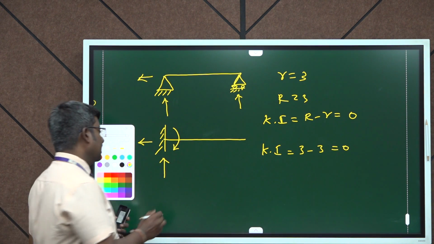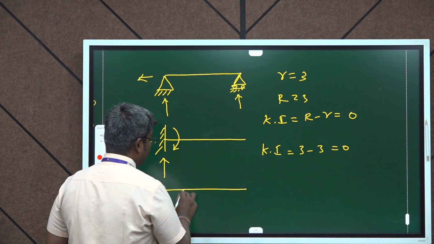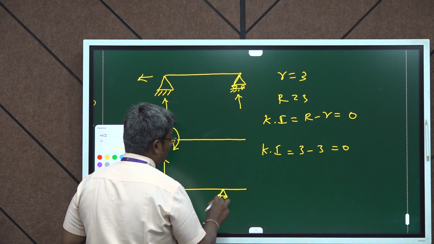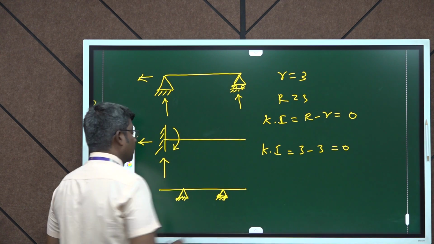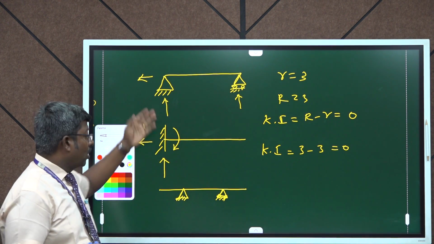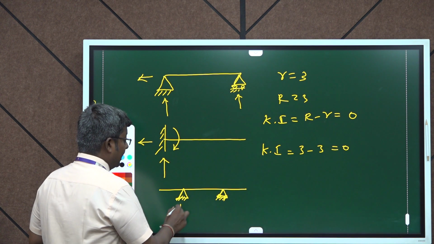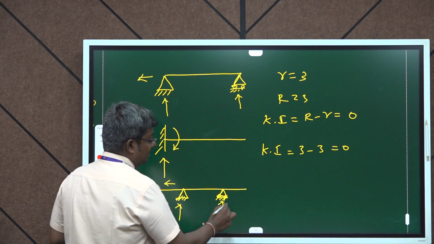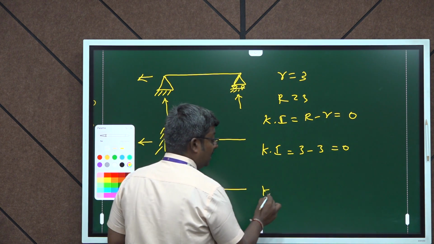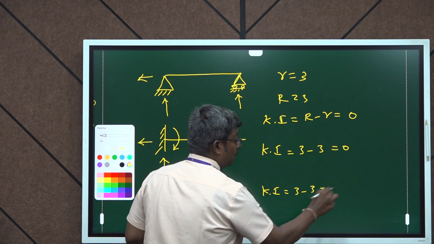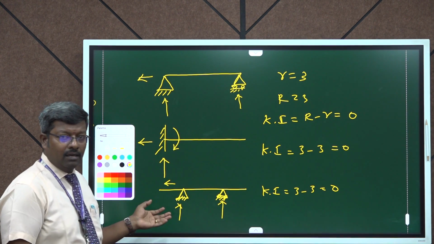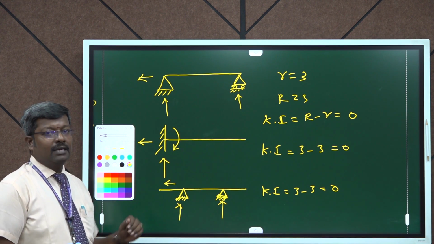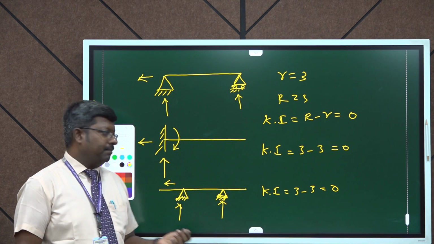And the third beam is an overhanging beam. An overhanging beam is nothing but a simply supported beam that may have a projection at one end or either end. So, like a simply supported beam, an overhanging beam also has 3 reactions: vertical and horizontal at the hinged support, and only a vertical reaction at the roller support. So, the indeterminacy will be 0. So, this beam also can be solved by 3 equilibrium equations, so this beam comes under the determinate beam category. Let us see indeterminate beams.